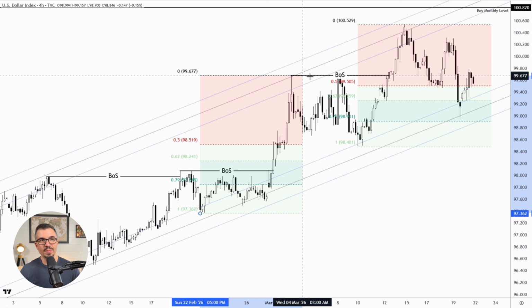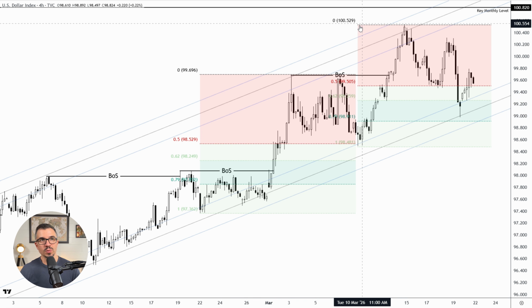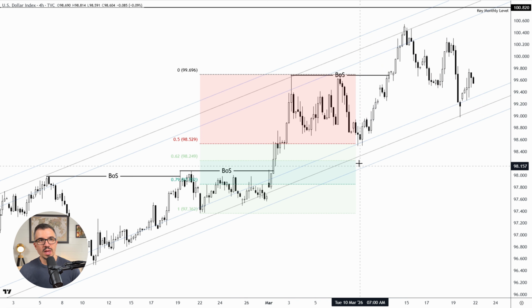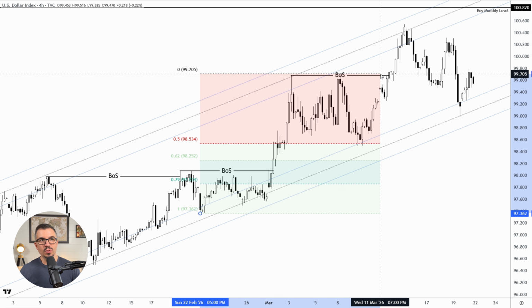up here to this high, if you map this out over here, I'm going to get rid of this one. But if you map this out, what you'll notice is that this pullback, this low right here, basically just pulled back to the 50%. We never really got an extended retrace into discount here, mitigating this imbalance back here on that run up. So using this low right here to map out a change of character and saying, well, if we break below here, it's all over,